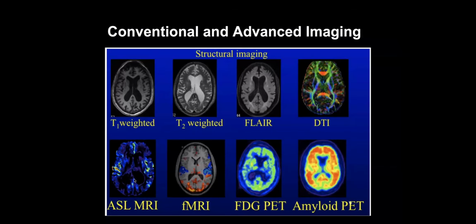Functional MRI looks at the blood oxygen level dependent coefficient, or how demagnetized or deoxygenated blood might become as it's being tracked in the brain with activity. That is a harder signal to capture, so we don't talk about that so much, but it is used clinically. And then, of course, there are nuclear medicine techniques that could potentially be used to track abnormalities in TBI or look at long-term consequences, like with amyloid PET.